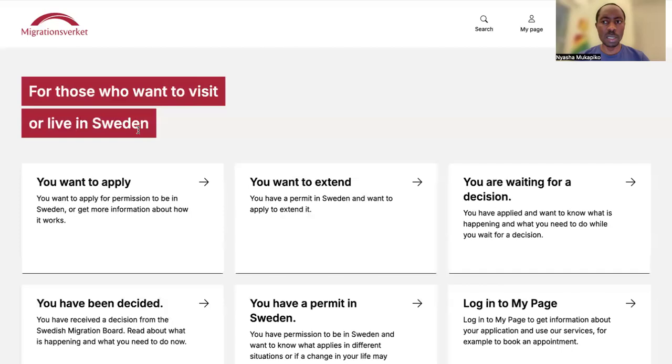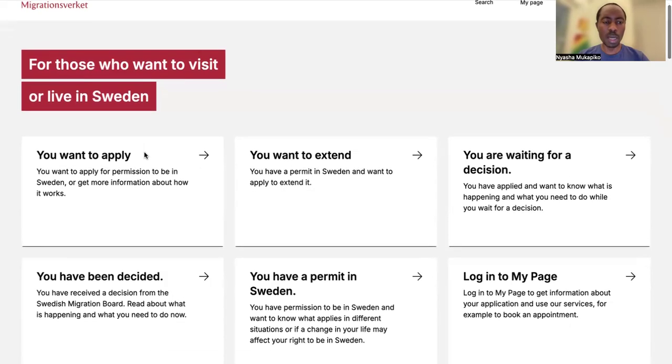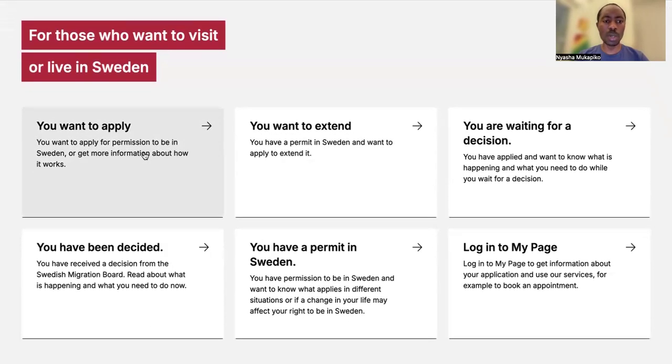And once you've clicked the link of the website, it will direct you to the dashboard of the Swedish Migration Agency website. And because you are new students and you are still applying for the visa for the first time, you have to click here where it says you want to apply, because the next option is for students who are already in Sweden and already pursuing their studies, who may want to extend their permits.